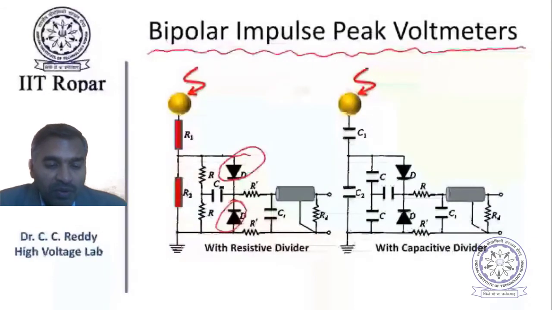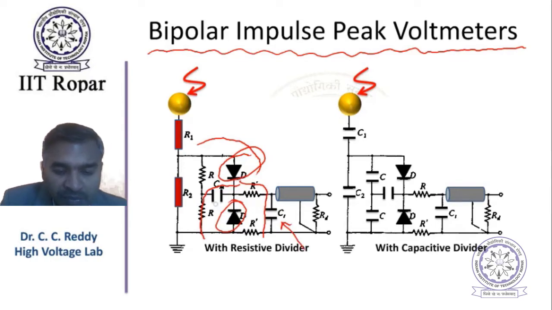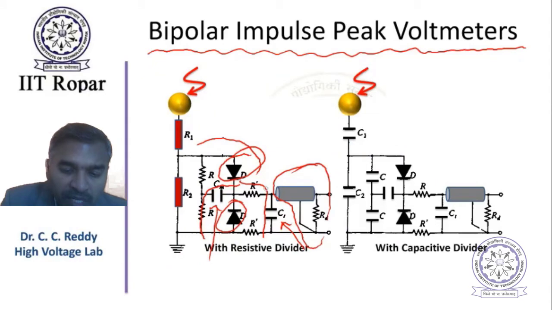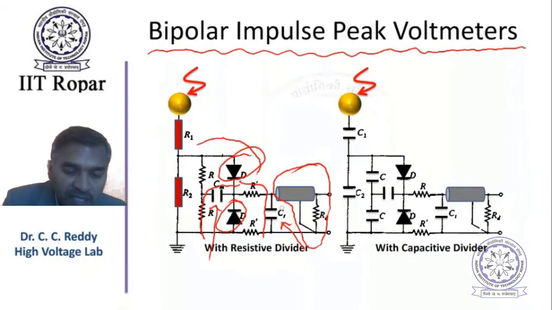When a positive impulse voltage is applied, diode 1 will conduct, and it will charge this capacitor and this capacitor with appropriate division. This will act as CS2 and this will act as CS1, and the same circuit can be understood here. Of course, the cable is put at this end here. It doesn't matter, but the previous case is better than this one. This entire circuit, in fact, can be shifted after the cable also.